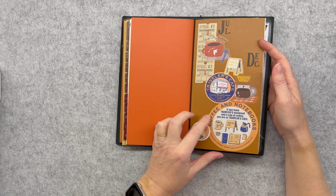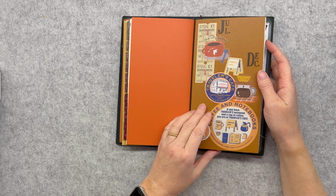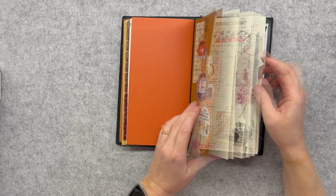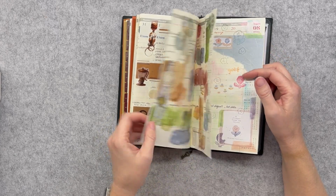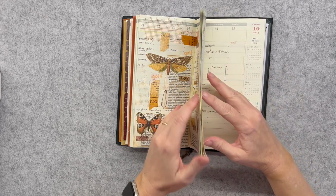And here's my July to December. This year I've been working the vertical version as opposed to the horizontal one that I used last year. So I have been just doing planning in here and then decorating the pages on a weekly basis until